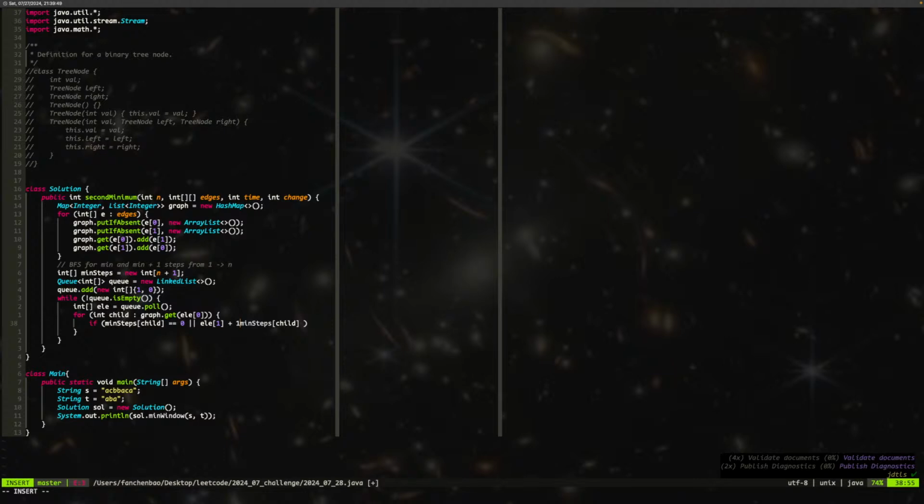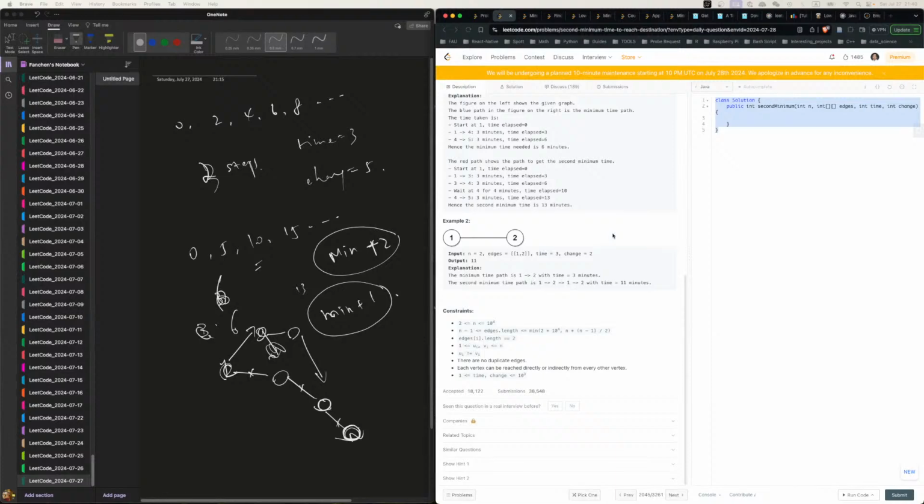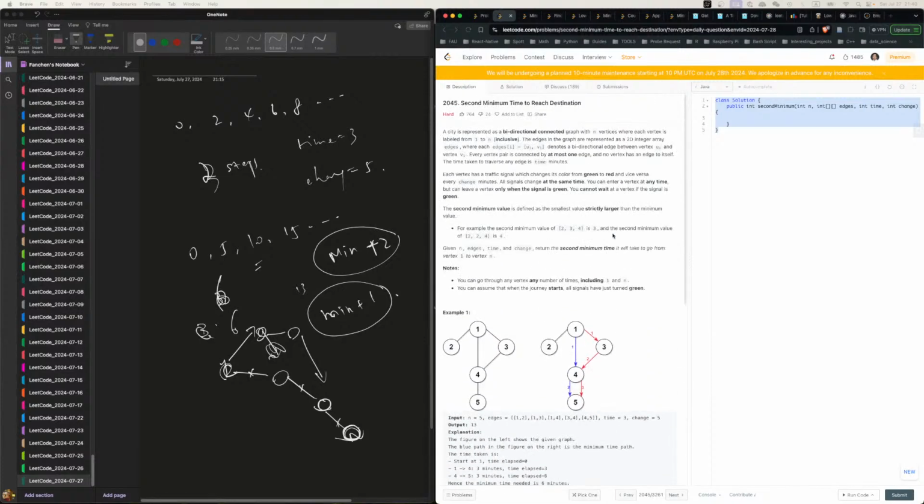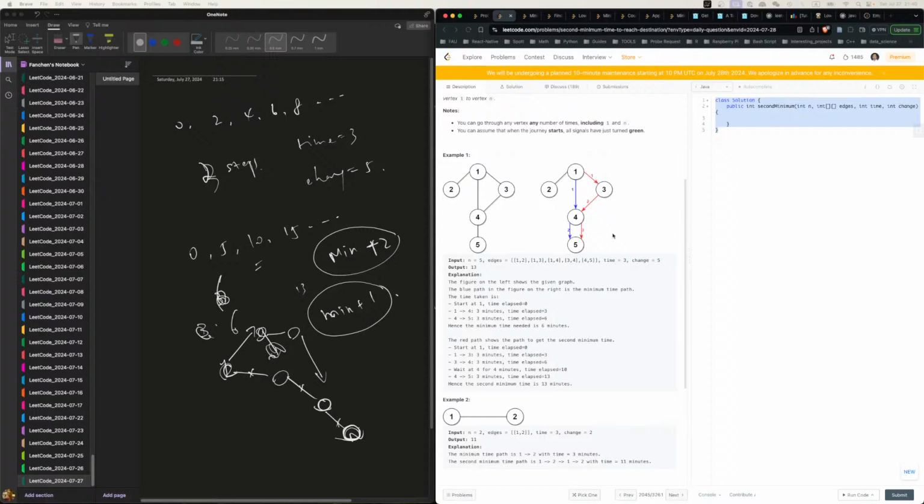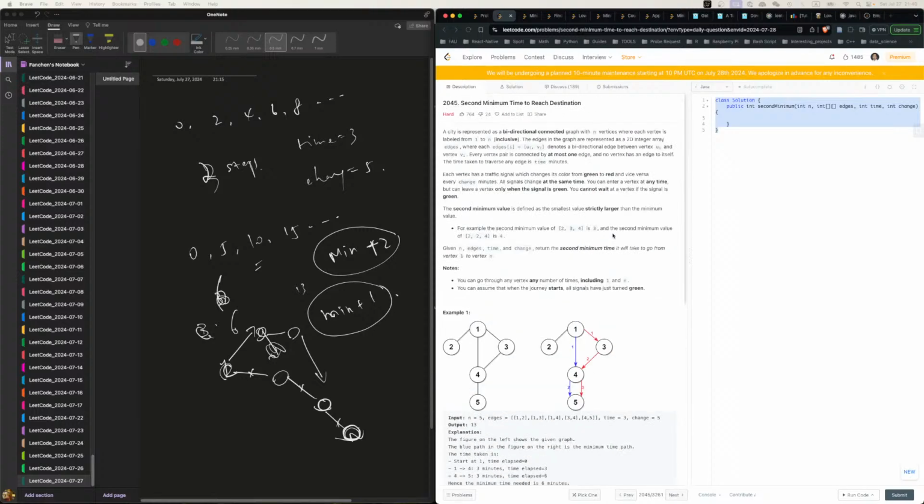The next step is only 1 bigger, right? So it's equal to min step plus 1, right? If it's only 1 bigger, which means we can do this, because if it's 2 bigger, I don't need to do it, right? If it's 1 bigger, would it be impossible to do it? I don't think it's impossible. Well, it's connected, right? Yeah, I think it is connected, because we want to answer the second minimum, which means, actually